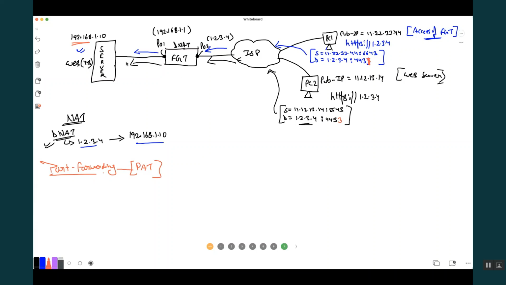They will say, if you want to reach the server, you have to send the traffic to destination port 4433. So you will create an entry 4433 and send it to 443. Now if the destination is IP 1.2.3.4 and destination port is 4433, modify it to 192.168.1.10 and the destination port is also modified. Clear? So you are not only hiding the IP, but also hiding the service port. Clear?